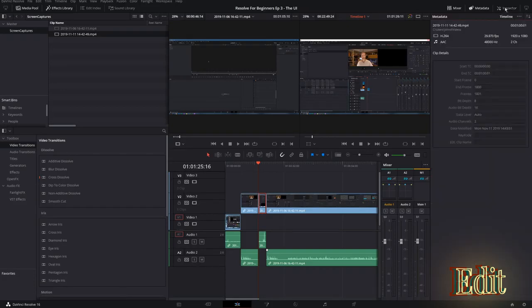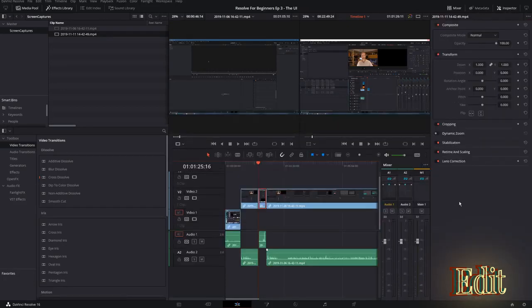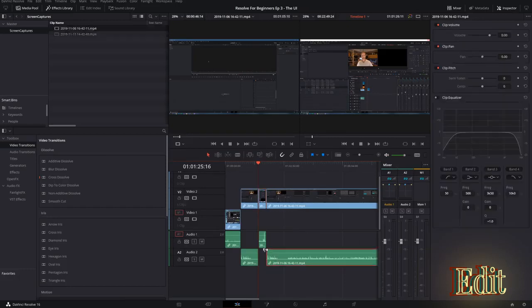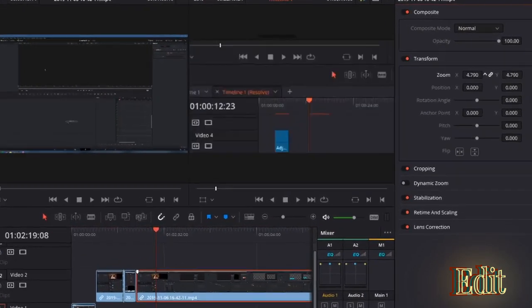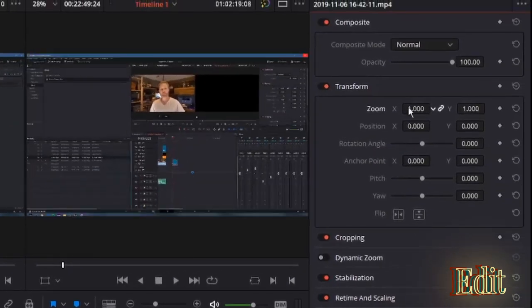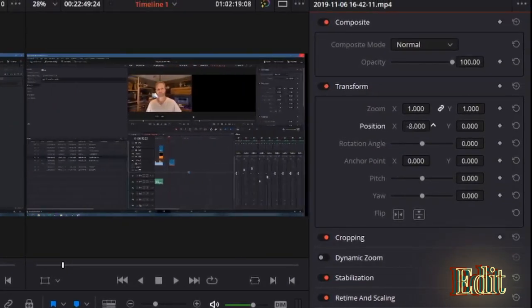Finally, we have our inspector, which is what you see here. This allows you to change properties about the clip that you've got highlighted. Here you'll notice I'm on a sound clip, and the sound clip gives me different attributes than the video clip does. The video has things like zoom, you'll see in my timeline viewer up there, position, so I can shift it around,